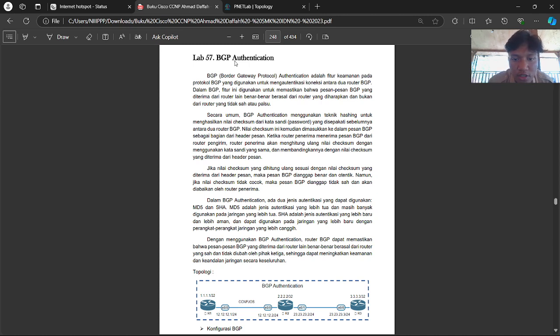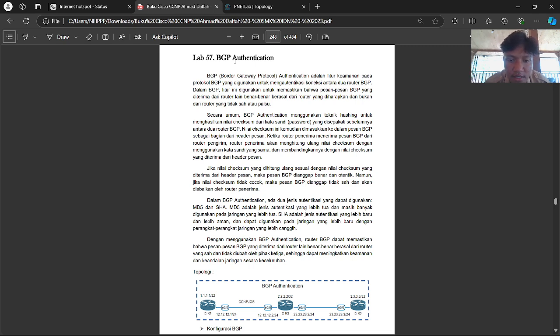Generally the BGP authentication uses a technique called hashing. It makes a checksum from the password that has been agreed with the other router, between the two BGP routers.